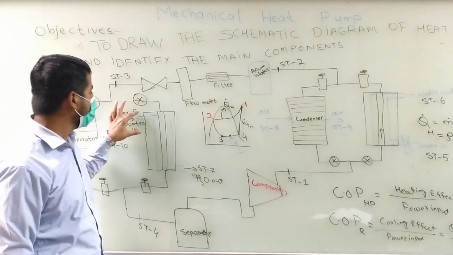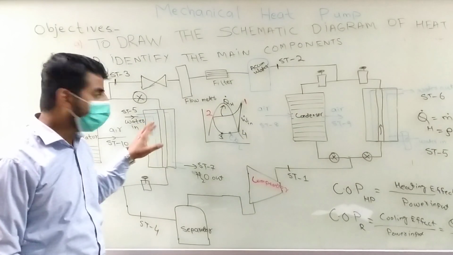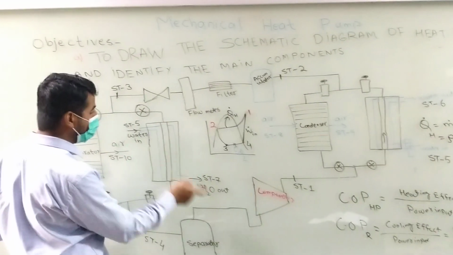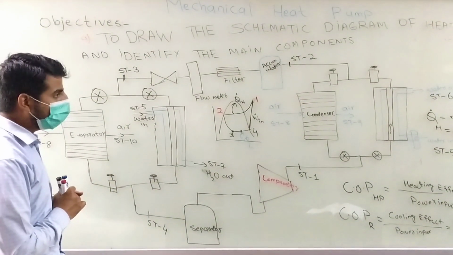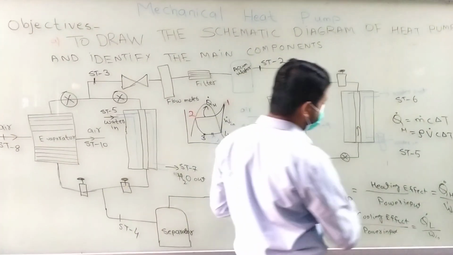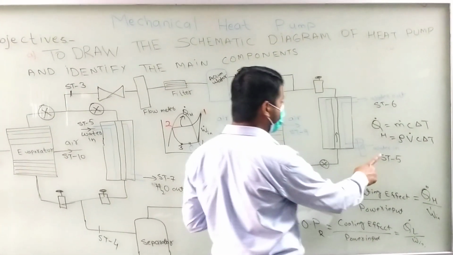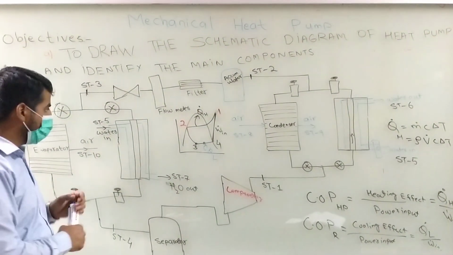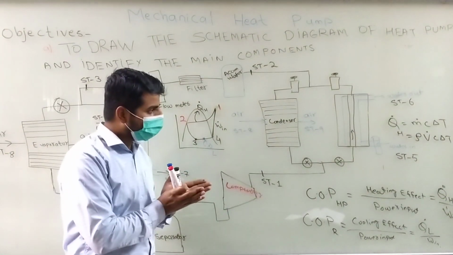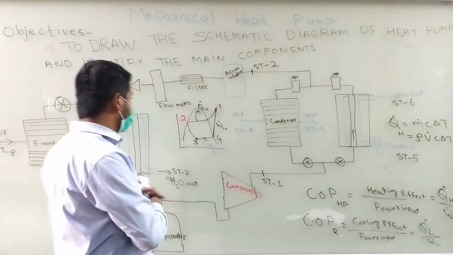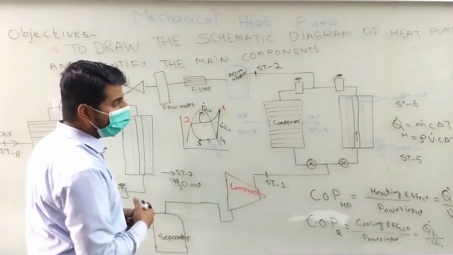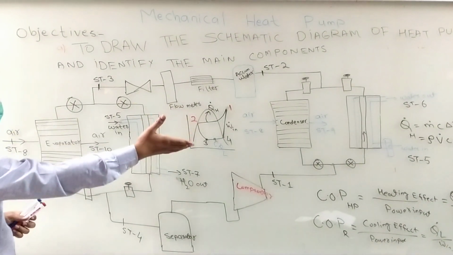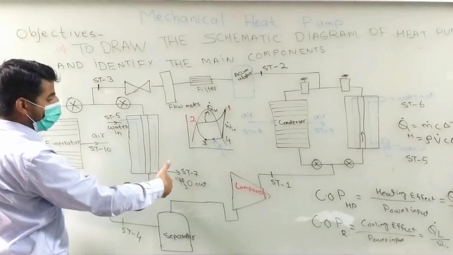So using that flow meter, I can find the volume flow rate, and the Cp at temperature, and these two temperature sensors, inlet temperature is ST5 and the outlet temperature is ST7. These two temperature sensors will give me the value of the delta T. You can notice that I have also placed the ST5 temperature sensor at the water inlet, because these two water inlets are the same, because the water is coming from the tap, and there is only one pipe, and that is basically divided into two, and one pipe goes to the evaporator and the other one goes to the condenser. So that's why the inlet is the same, ST5 for both, and ST6 is the condenser outlet of the water, and ST7 is the evaporator outlet of the water.